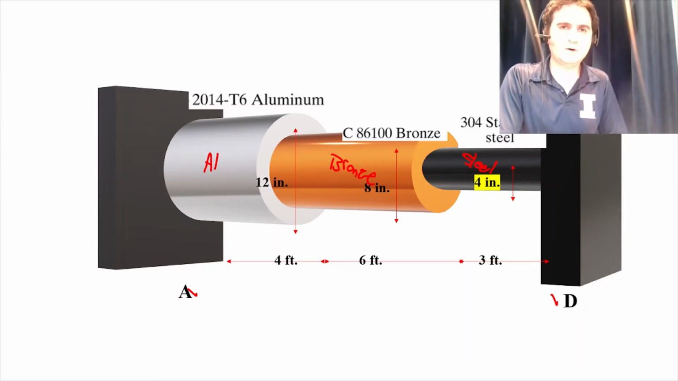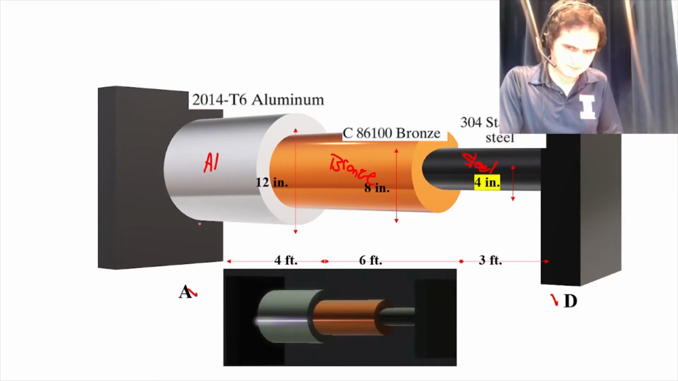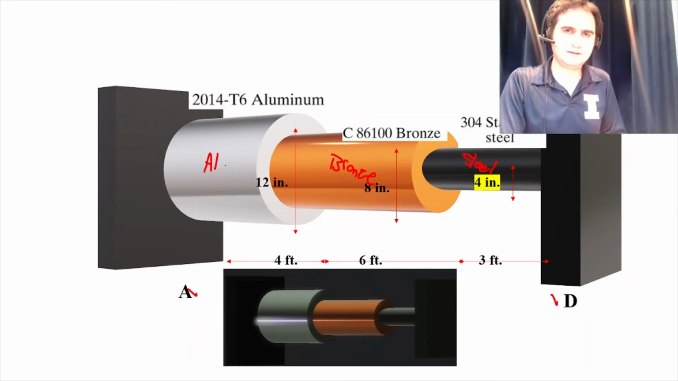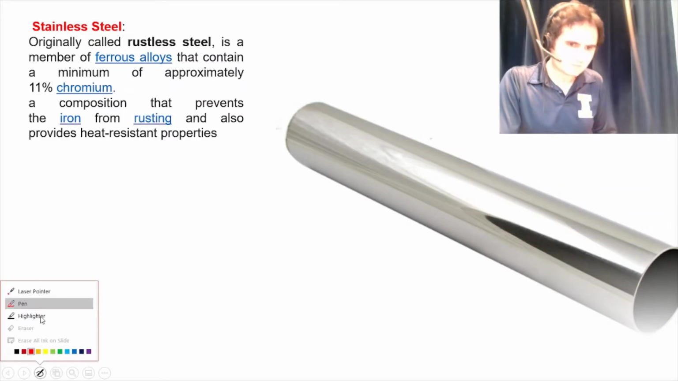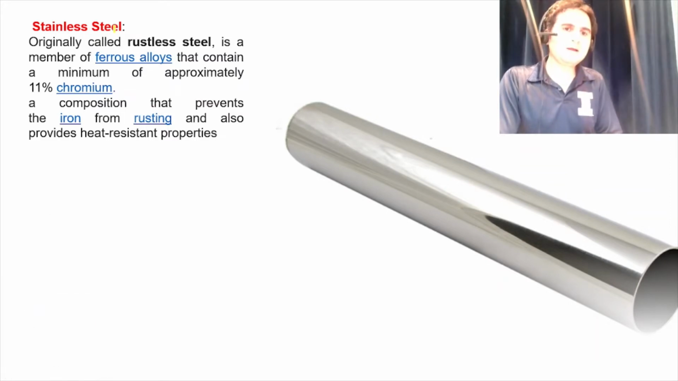Let's talk a bit about material properties and then approach our problem. Stainless steel, as you can see in the figure, was originally called rustless steel, and that's due to almost 11% composition of chromium, which prevents iron from rusting,